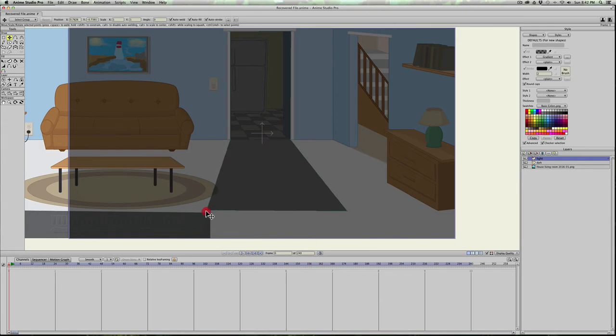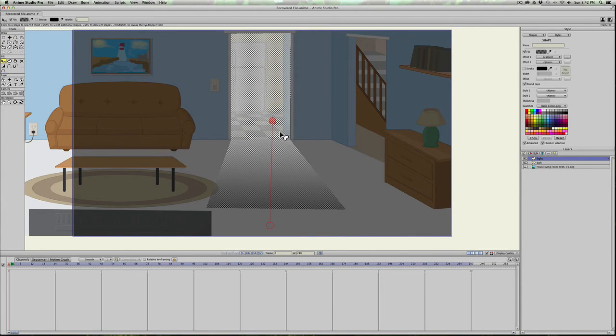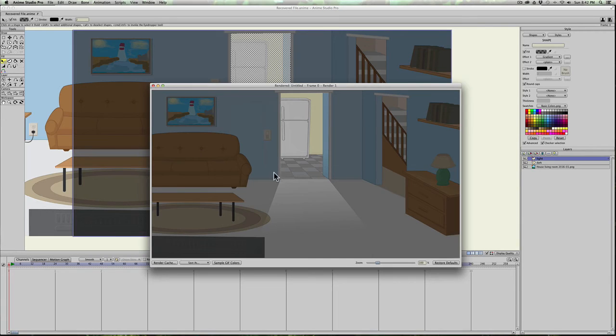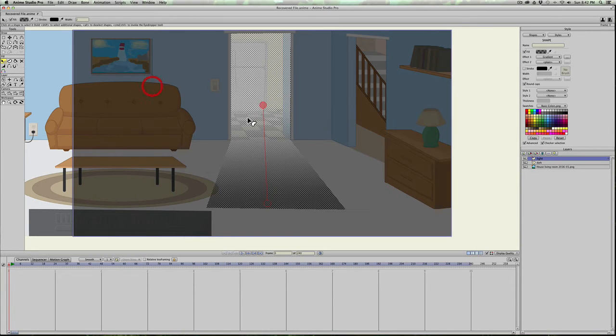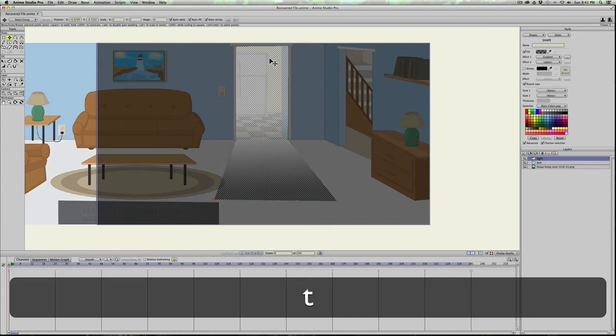I'll just stretch it all the way out here to here. And I'll hit Q, and I'll go ahead and move the gradient so it's white up in the kitchen and fades out into the living room and to black right here, which is actually transparent. So if I render it, now it's kind of coming out, but for some reason the white doesn't show up super clear on here, so we'll have to select it,